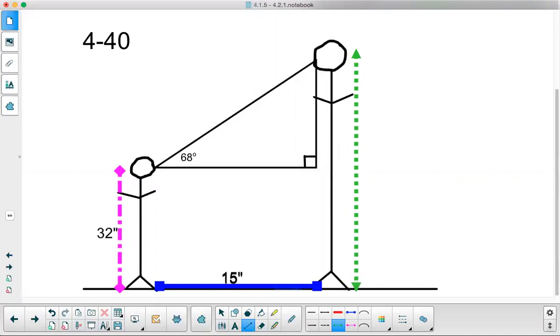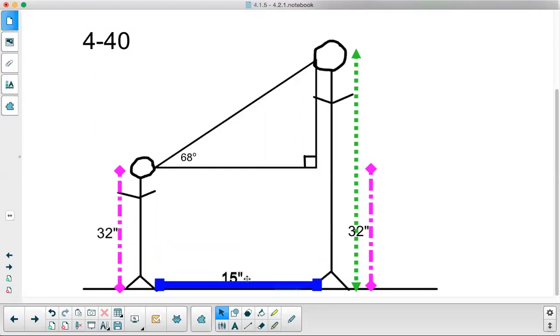Okay. Now, I already know a portion of that distance because Mary's eyes are 32 inches above the ground. So that's going to go here from the ground to that point. So if she's looking up at him at a 68-degree angle and she's standing 15 inches away from him on the ground, I can translate this same amount of inches up to my right triangle,